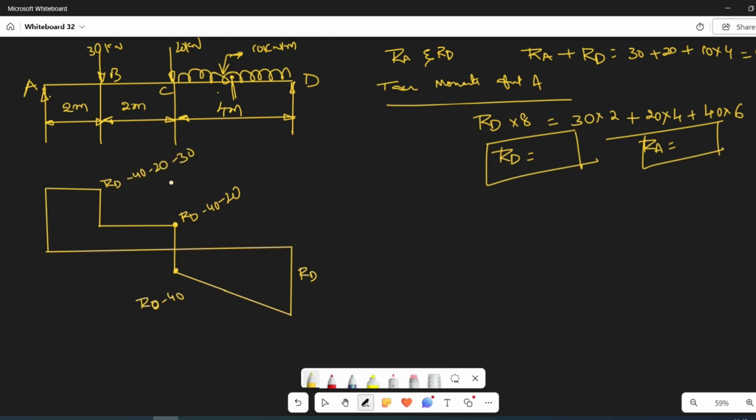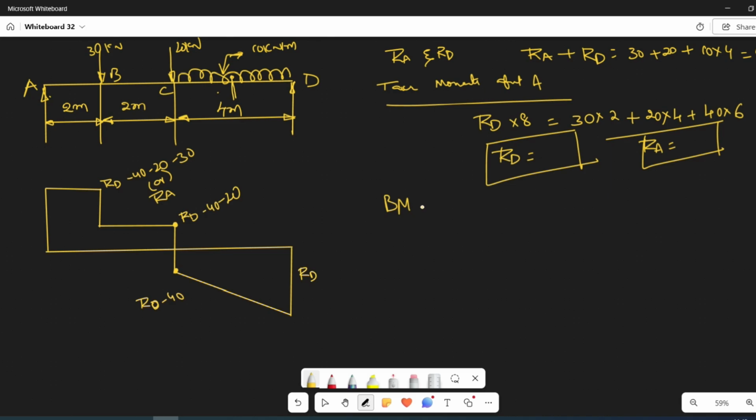Similarly, let us try to identify the bending moment